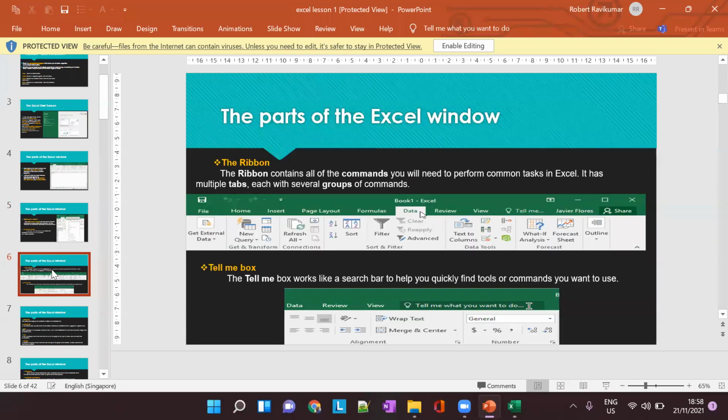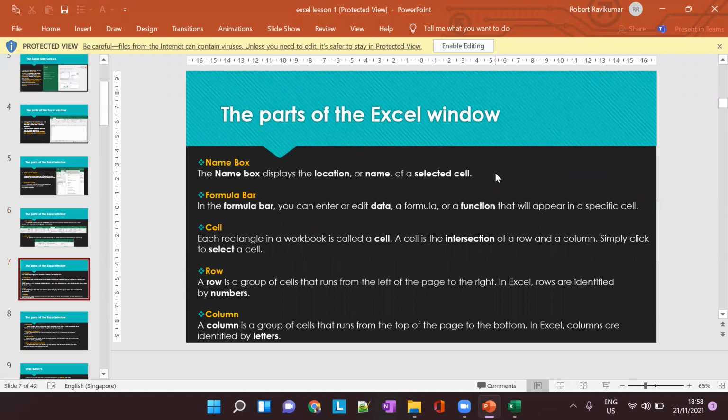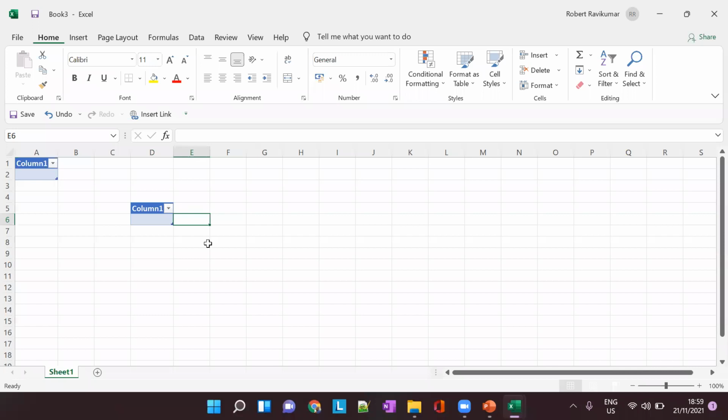So, name box, we're done. Now the parts of the Excel window. The name box displays the location or name of a selected cell. Okay, so Excel, you know, right? So Excel has